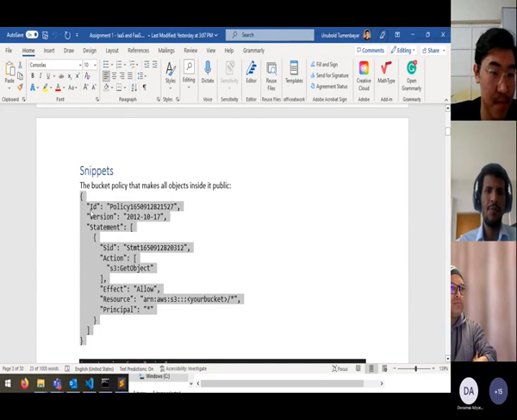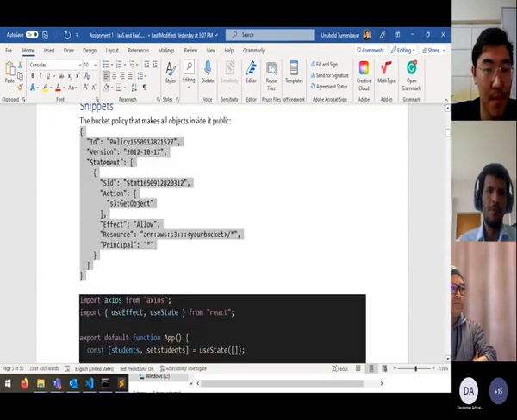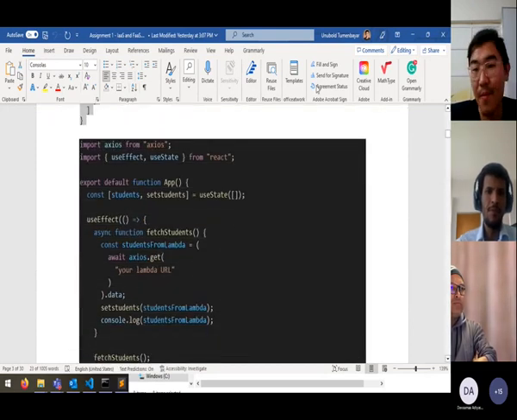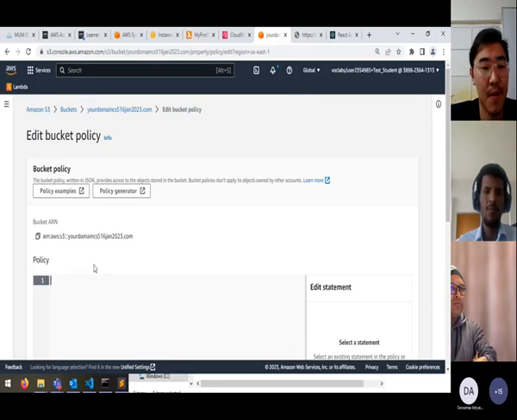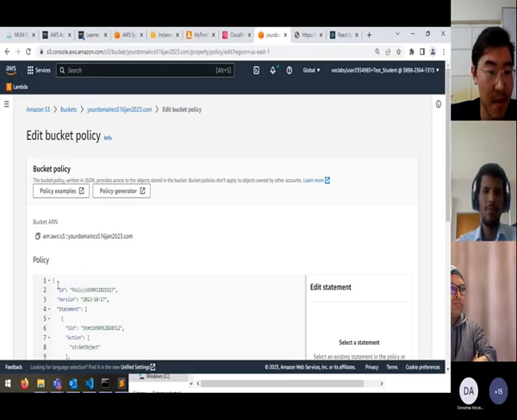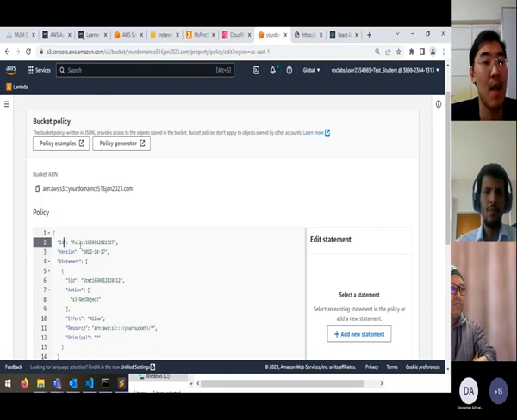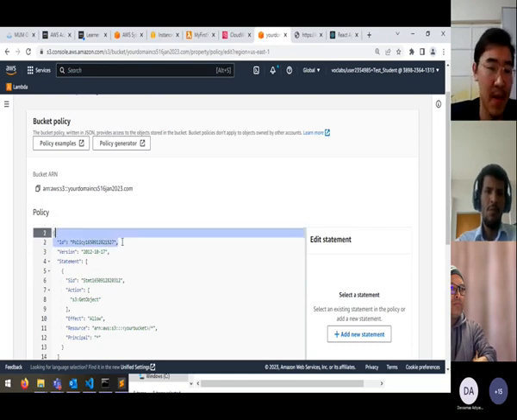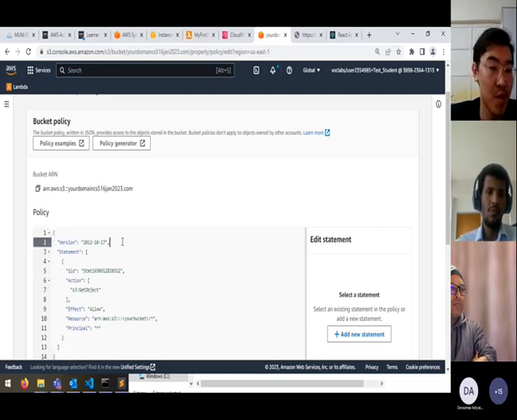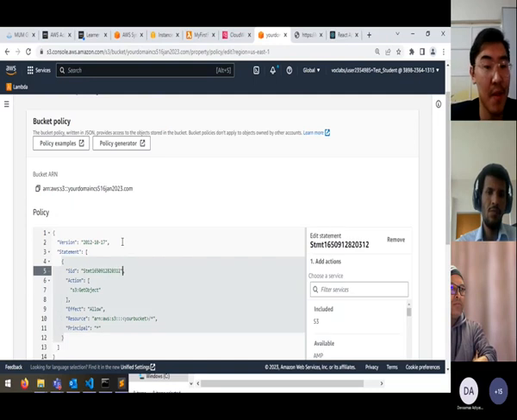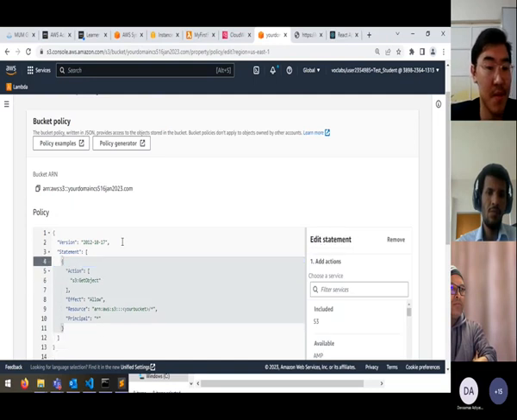Grab this. Okay, this is the React code. Paste it in here. You don't need this ID. You need this version. You don't need this. Okay. The main part here is this